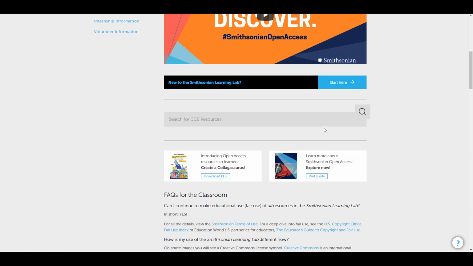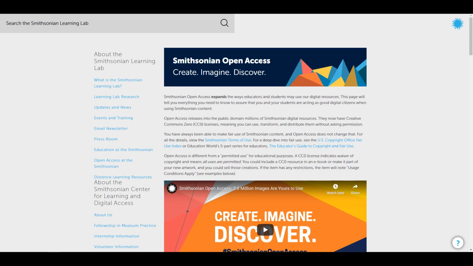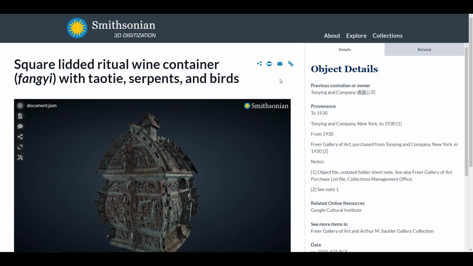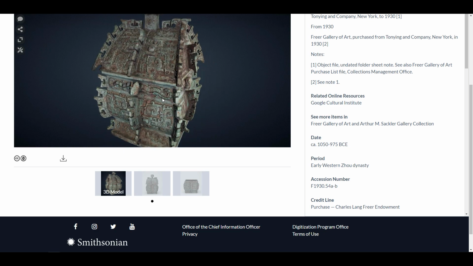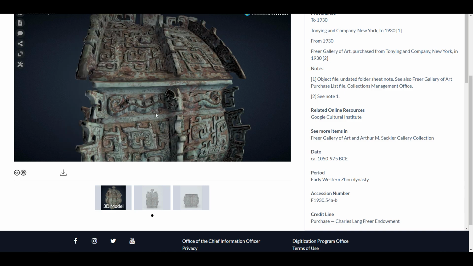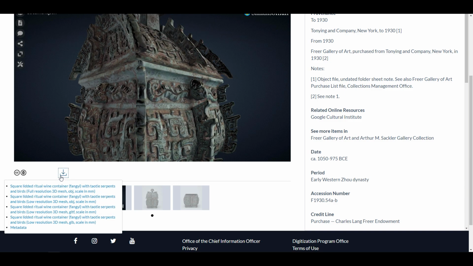So for anyone who would like to get some very crazy and nice looking assets right here, these things are available for you. Simply going through them, you can see that they also have this Sketchfab-like feature, which means you can preview the assets directly in your browser. And for anyone who would like to download any of the assets, you can simply click on the download button, and this would give you an OBJ, a GLB, and at the same time, if you're also looking for the scale, you can also find it right here.